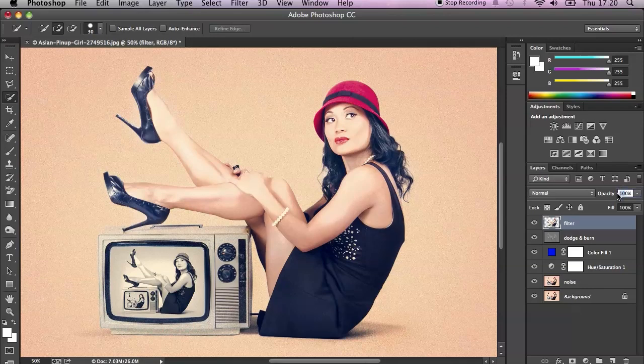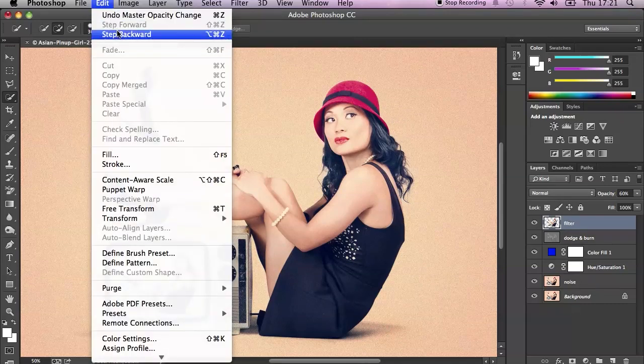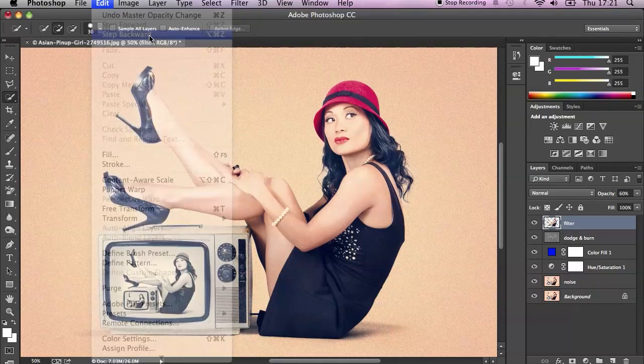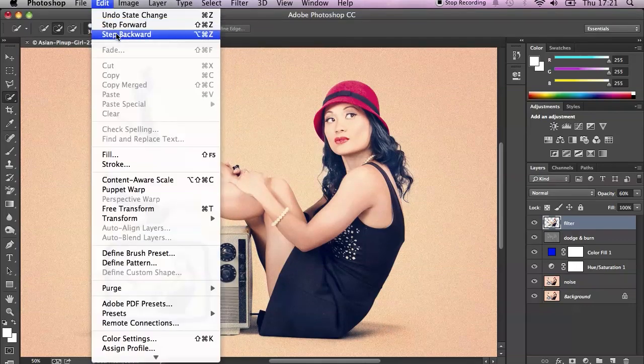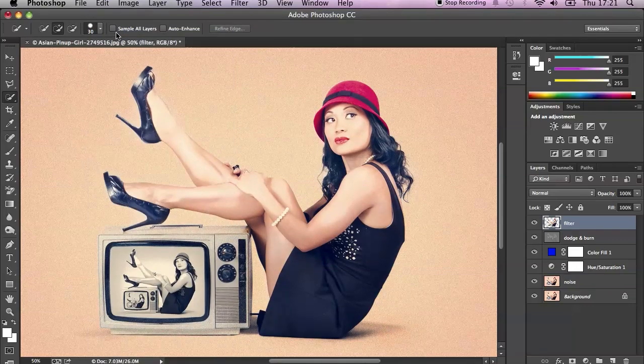So the thing I'd like to do is take down some opacity, let's say down to 60%, as well as on our Dodge and Burn layer maybe to 70. It's not really too much, just a little bit, and I think it looks really okay. Actually not really, because I made a mistake. So a few steps back, because of the mistake I've made,